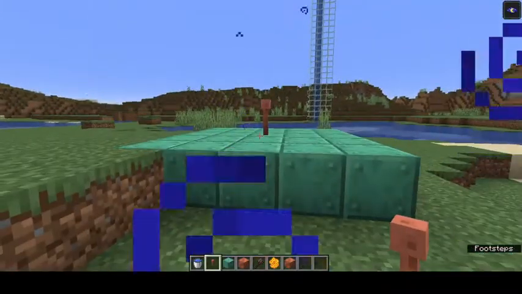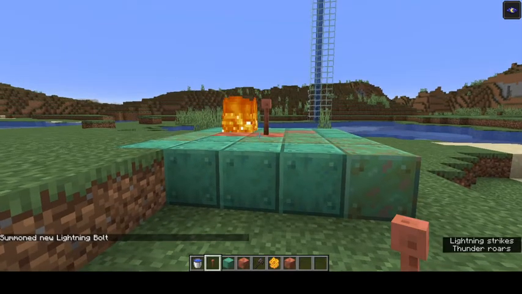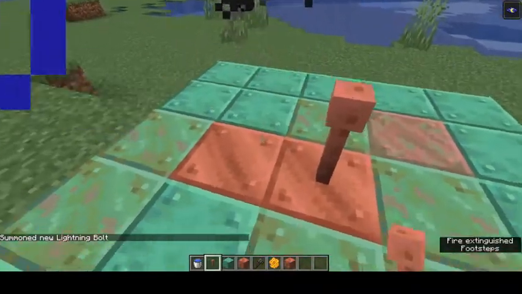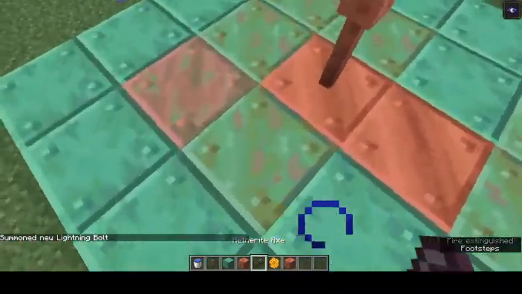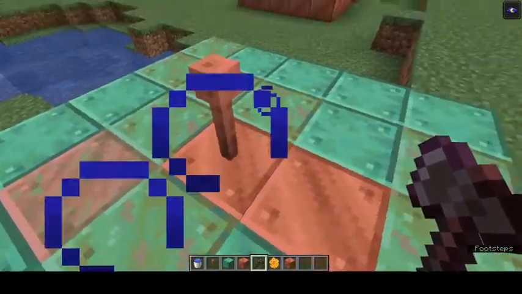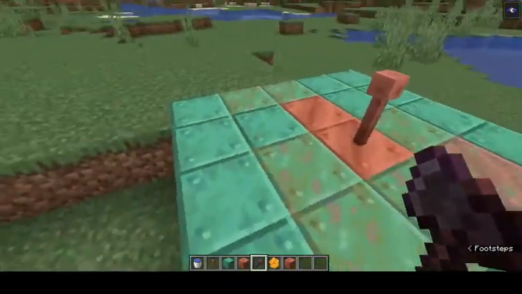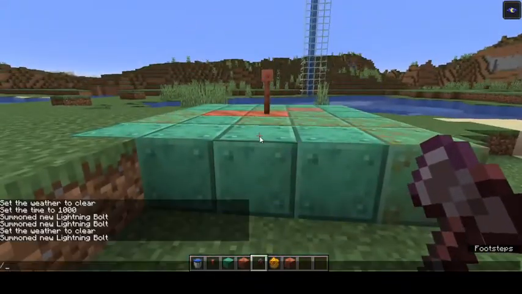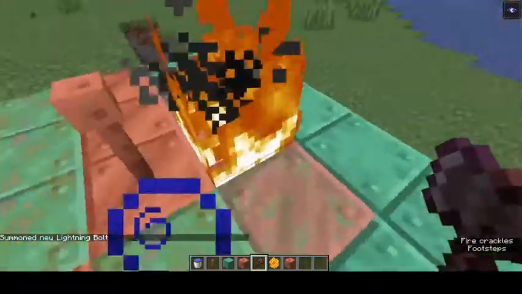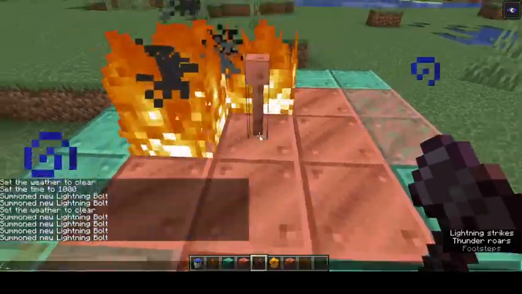So if I summon a lightning bolt, you'll see it struck, and the blocks closest to it have started to revert a little bit back to their older stages. As you can see, the one underneath always gets the most of the effect, and it spreads randomly. So if I do it again, then these other ones are turning too, and eventually they're all going to end up turning into